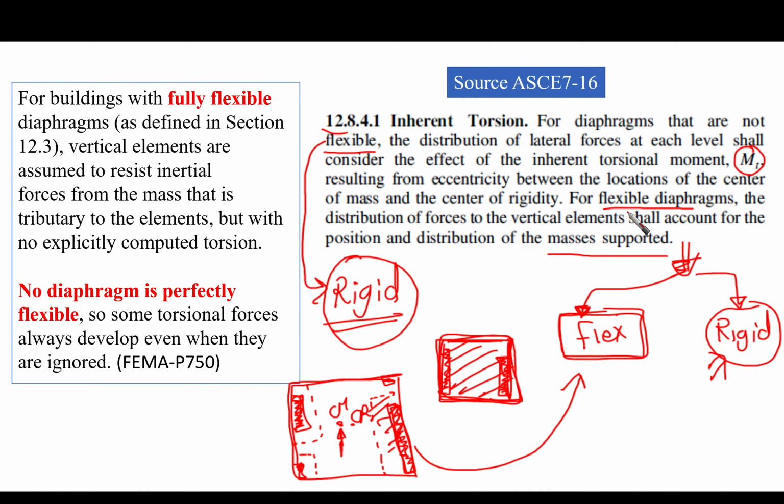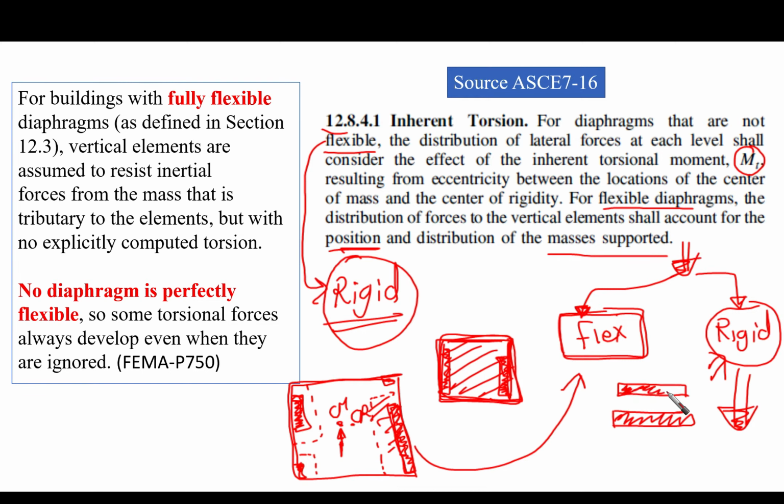For flexible diaphragms, the distribution of forces to the vertical elements shall account for the position and distribution of masses supported, the tributary area. Okay? But from now on, I'm going to talk about the rigid diaphragm, which is our main concern, because in most buildings we are facing rigid concrete floor or composite floor, for example,